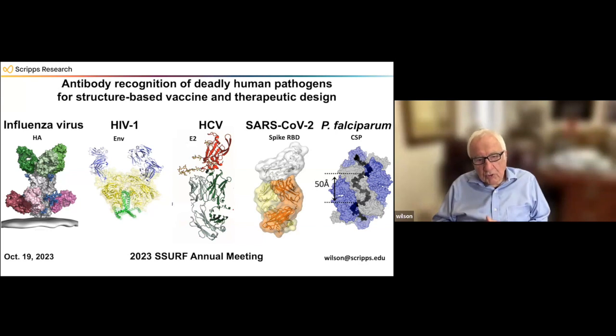We've all gone through SARS-CoV-2 and we know what the value is of a vaccine. Can we use this information now to actually think about getting not only the SARS-CoV-2 and all of the Omicron and future variants, but can we think of trying to protect against SARS-3 by the information that we derived?